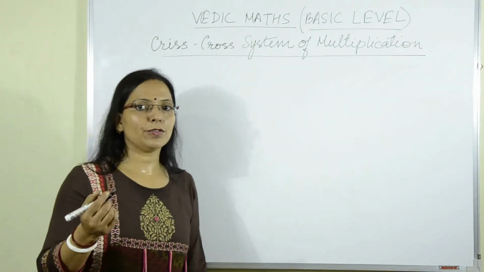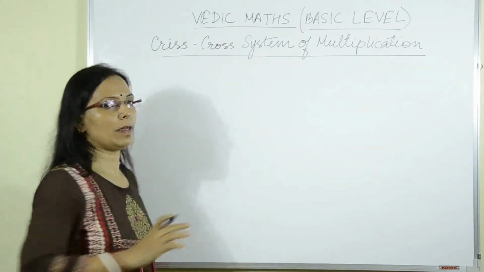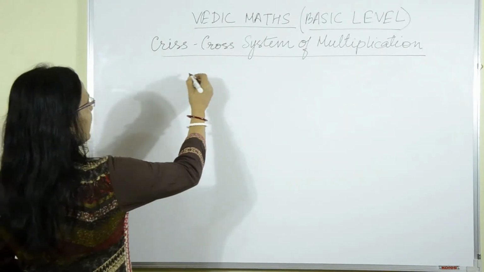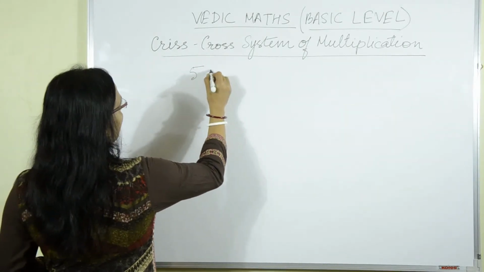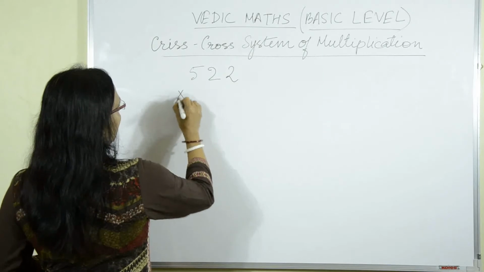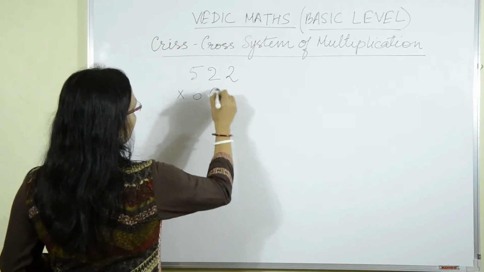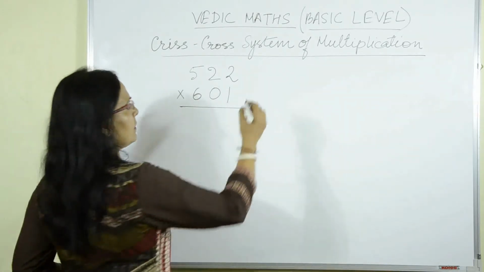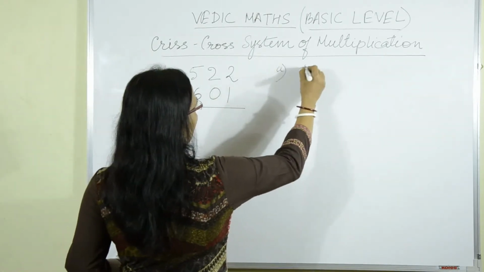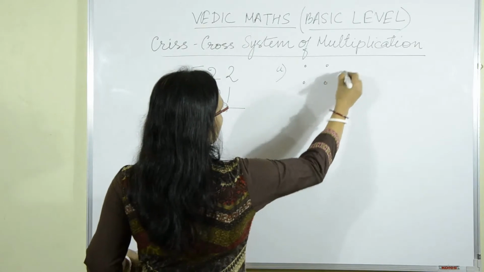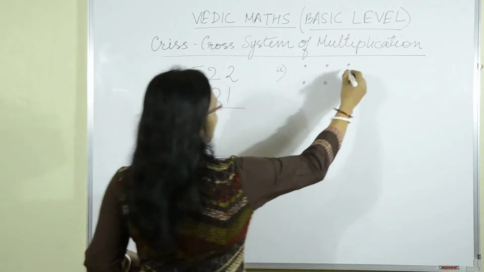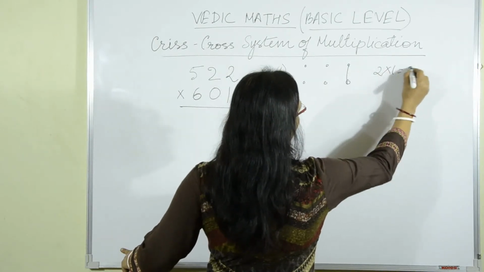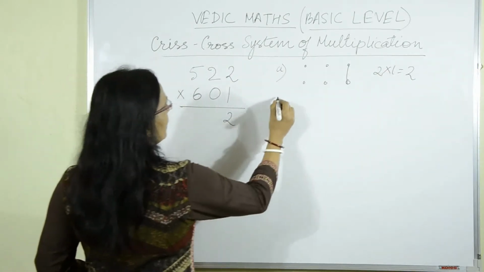So when I go to the higher order, I have shown you a 2-digit number multiplied with a 2-digit number. If it is a 3-digit number multiplied by any 3-digit number, say 522 multiplied by say 601. Now how to do it? For this first step, I have 3-digit numbers here. I start multiplying this. This is 2 into 1. I write 2. So I get 2 here.